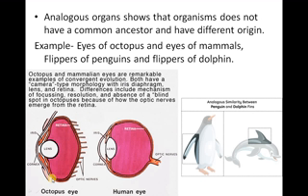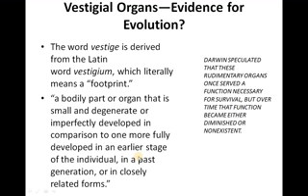Here also, you can see the octopus eye and the human eye have similar morphological characteristic features and are anatomically similar. However, there is a slight difference: the absence of a blind spot, and the origin of the optic nerve from the retina is totally different in the octopus eye and the human eye.